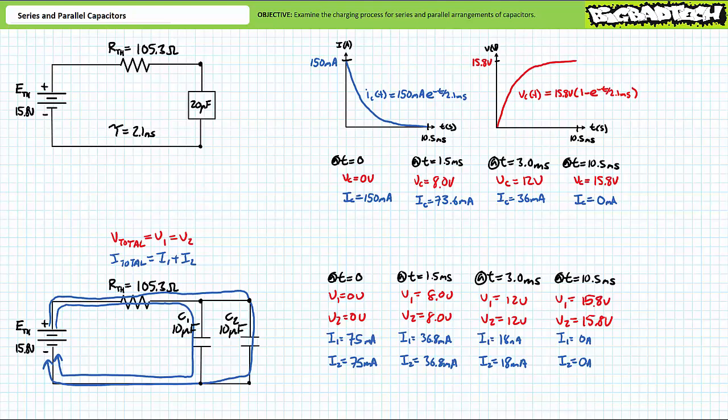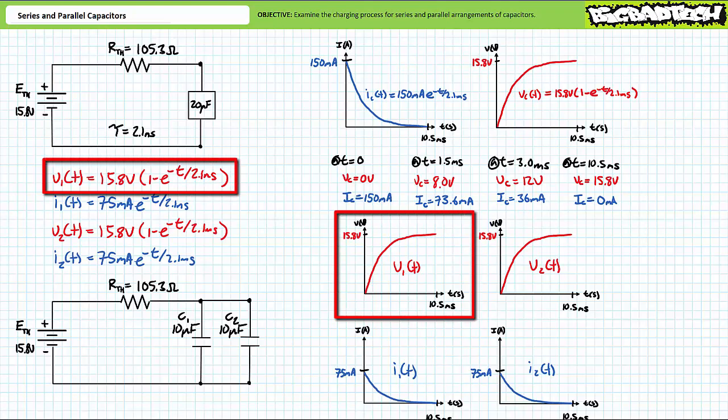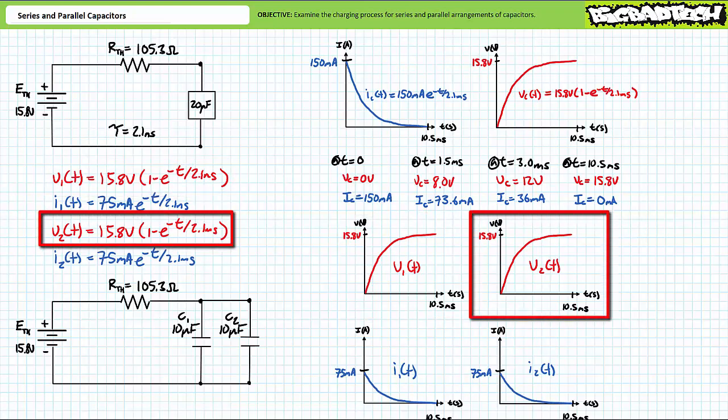I total equals I1 plus I2. Given equal capacitors in parallel, current splits evenly between them. For this parallel arrangement of equal capacitors, you could express voltage across C1 as V1 of t equals 15.8 volts times 1 minus e to the negative t over 2.1 milliseconds. Voltage across C2 is V2 of t equals 15.8 volts times 1 minus e to the negative t over 2.1